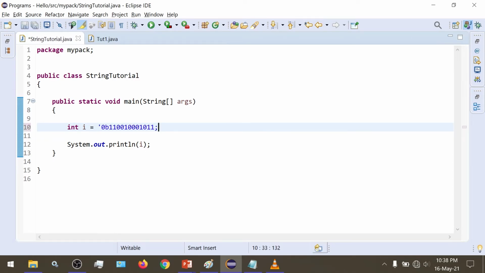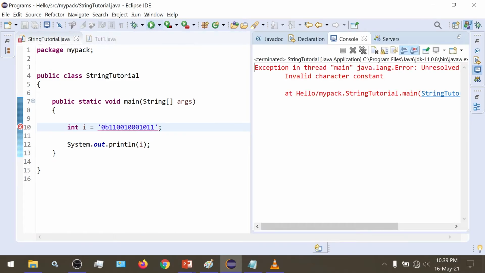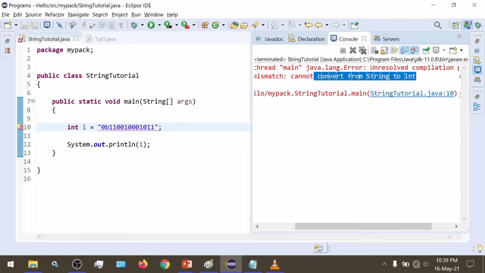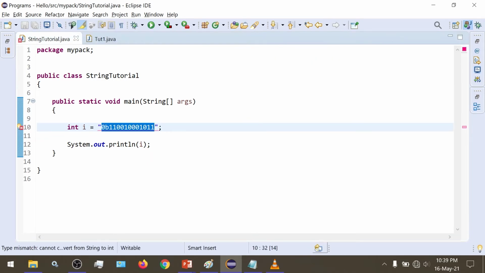If we try to use single quotation marks here, then we will get an error, invalid character constant, because it would treat this as a character. Similarly, if we use double quotes, we get cannot convert from String to int, since it will consider this as a string. So we need to give this without any quotation marks.